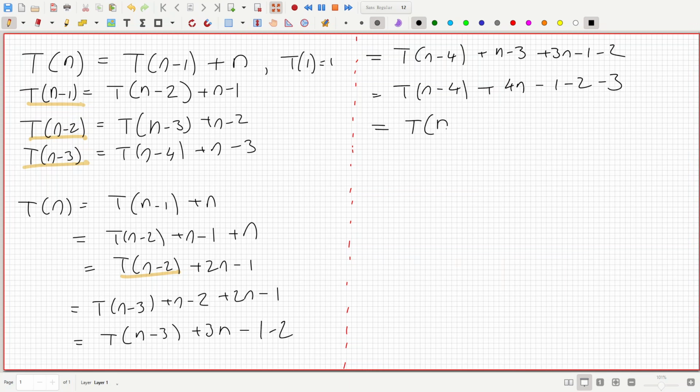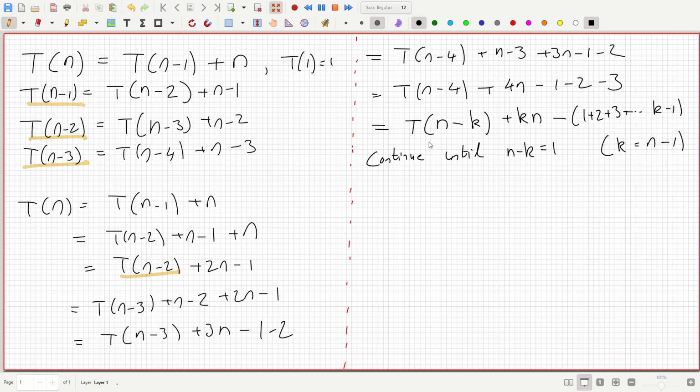Tn-k plus that same constant times n, minus 1 plus 2 plus 3, but we stop at k minus 1, one value before this constant here. Now we can continue doing this until n minus k equals 1, which by the way means that k equals n minus 1. If we continue this subbing in process until n minus k gets us to 1, the first term, then we'll have T1 plus k, which is n minus 1, times n, minus this sum here,